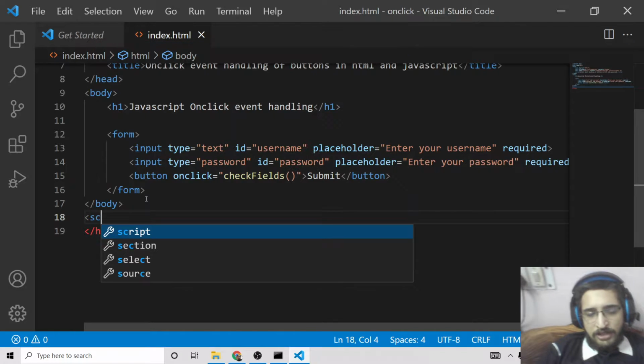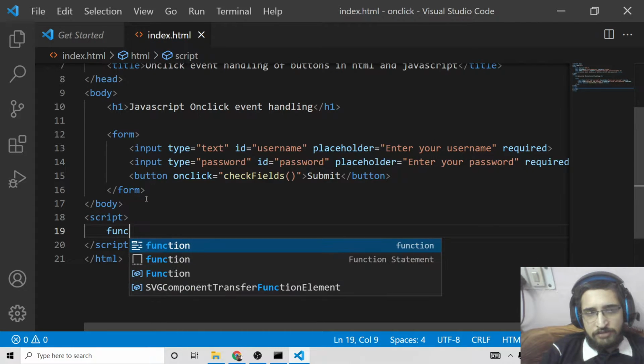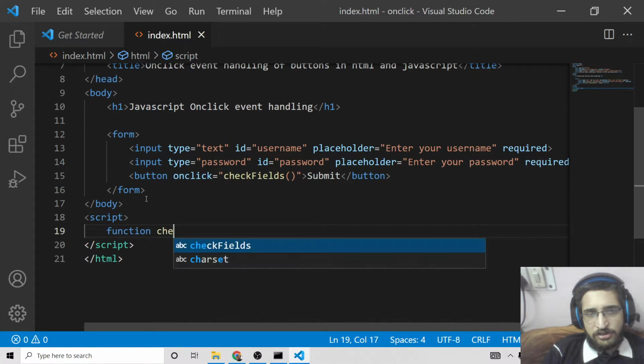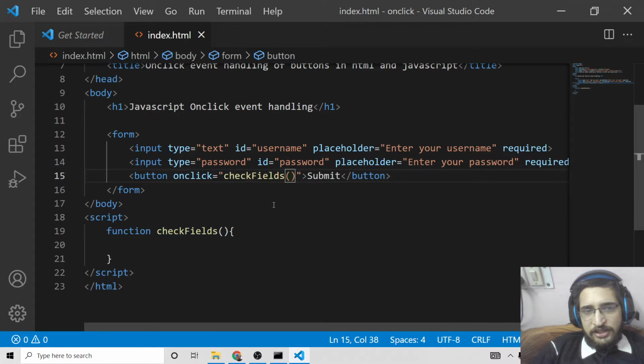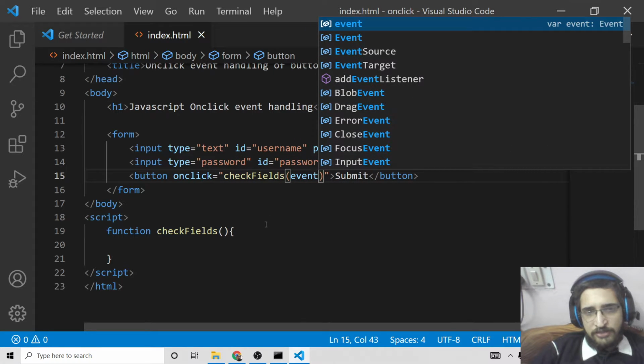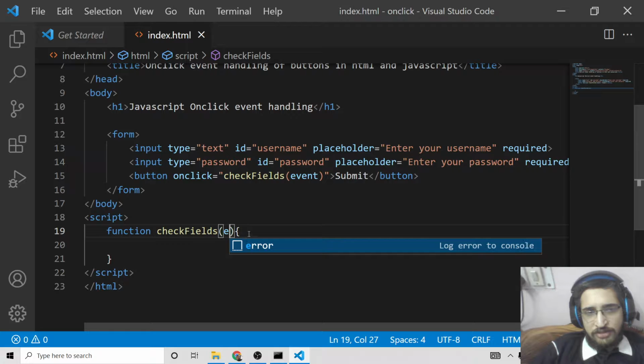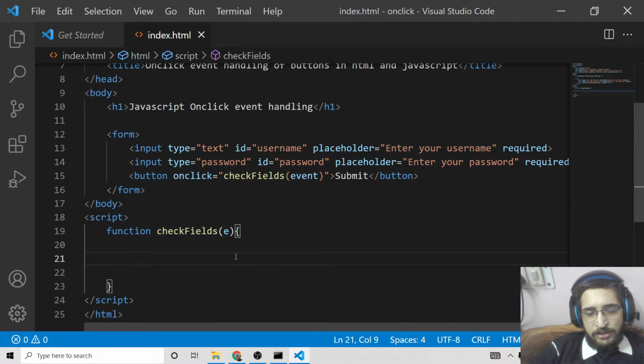Now we will make our custom JavaScript here and we will write this function, which is function checkFields, and right here you can also pass event here, guys. Just pass event here and you can catch this event object like this, like e here. That's it. And now you can prevent the auto submission of the form here.